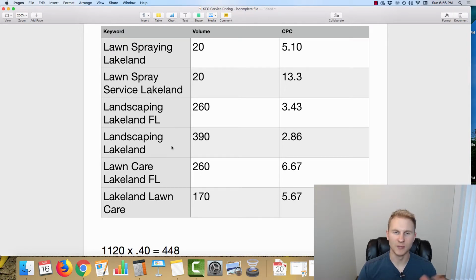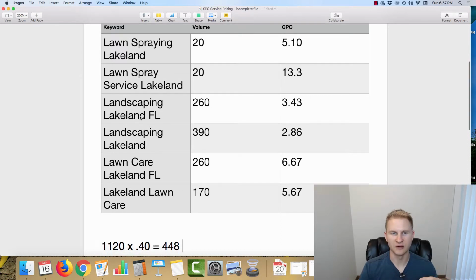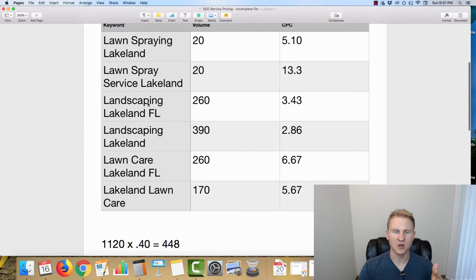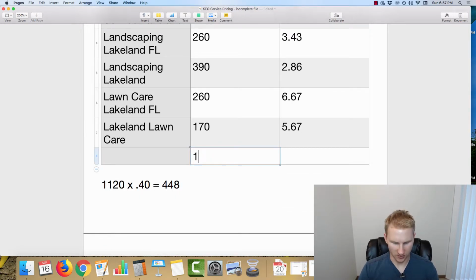numbers to come in. It might be more some months, might be less. For services like lawn care, where it's very, very seasonal, it's going to be a lot more in the spring and in the summer, a lot less in the winter, depending on the exact location. Obviously, Florida is somewhere where they can mow, or at least do most services all year round, whereas in Minnesota, there's zero traffic for lawn care in the month of January. I can guarantee you that. So we're going to do 1120 on that.